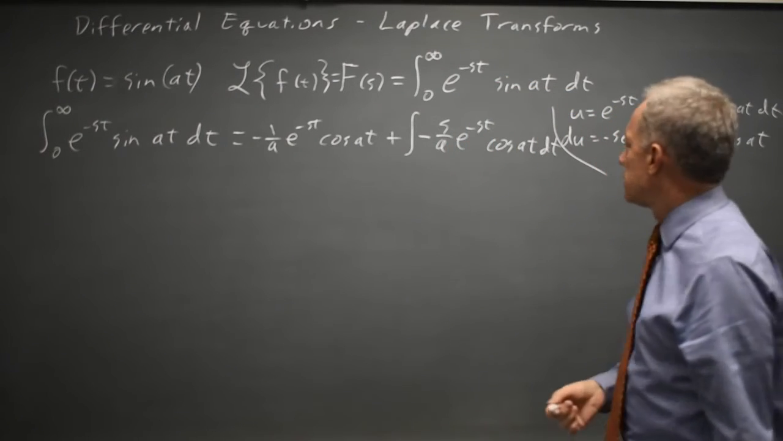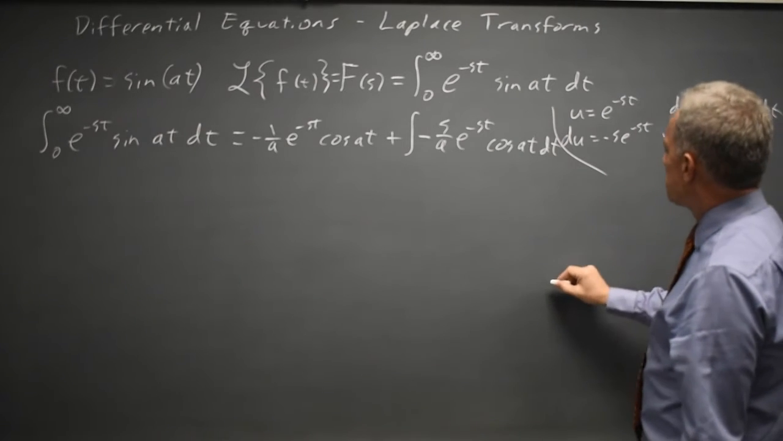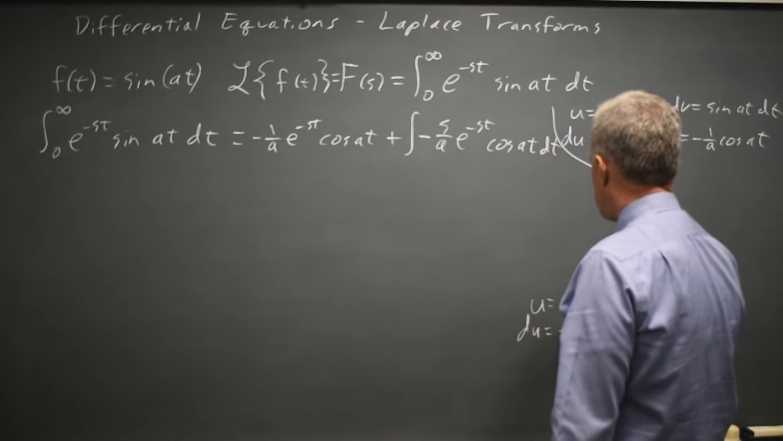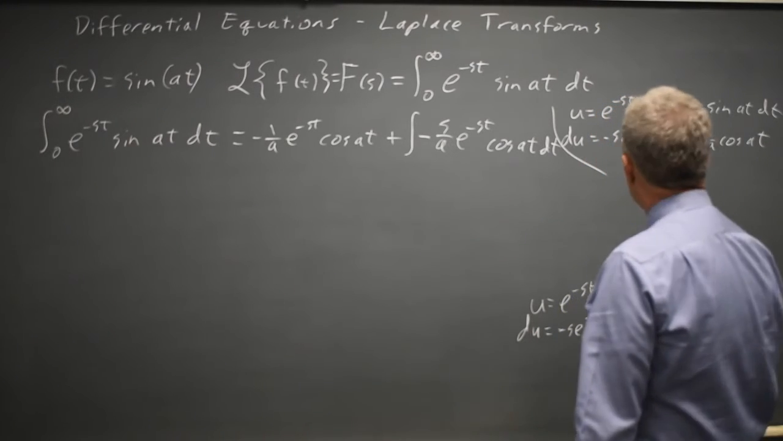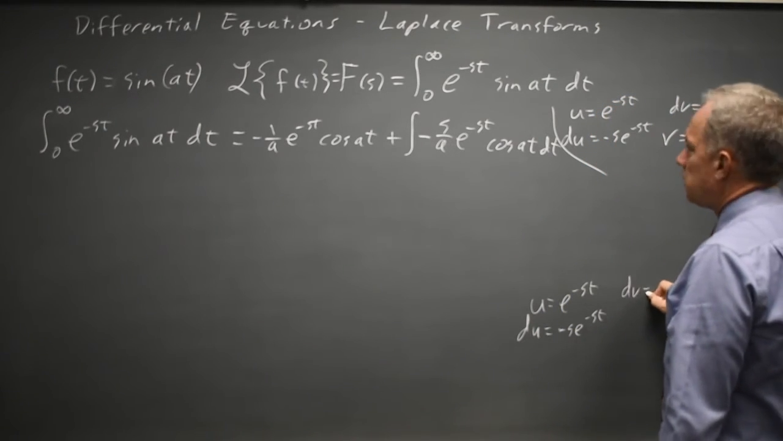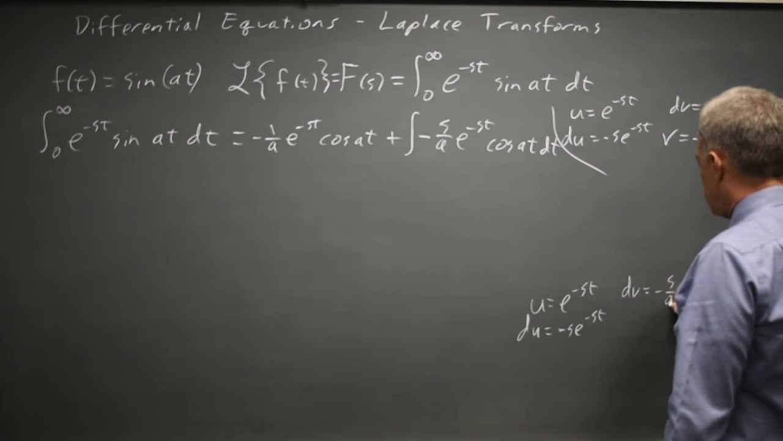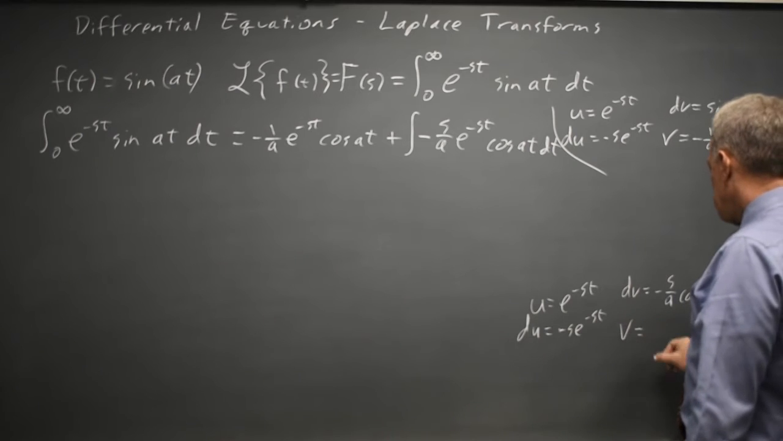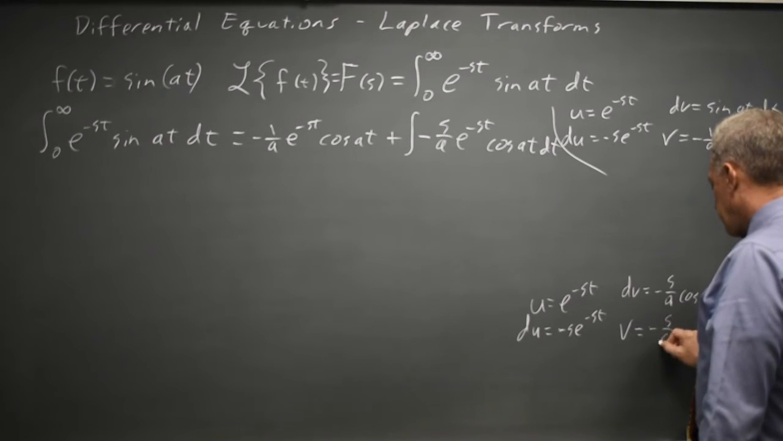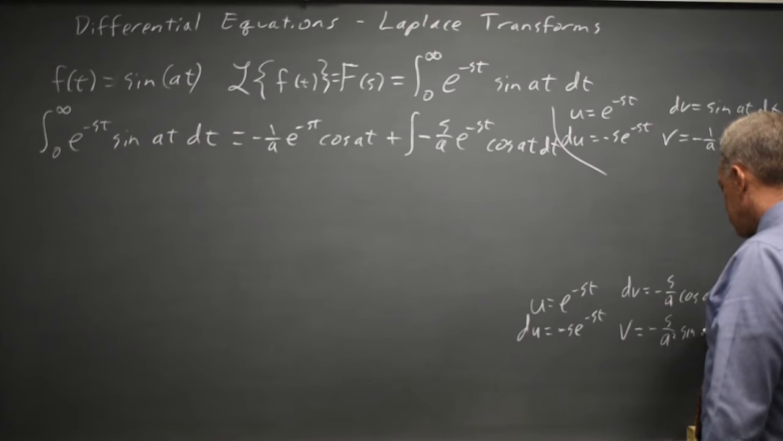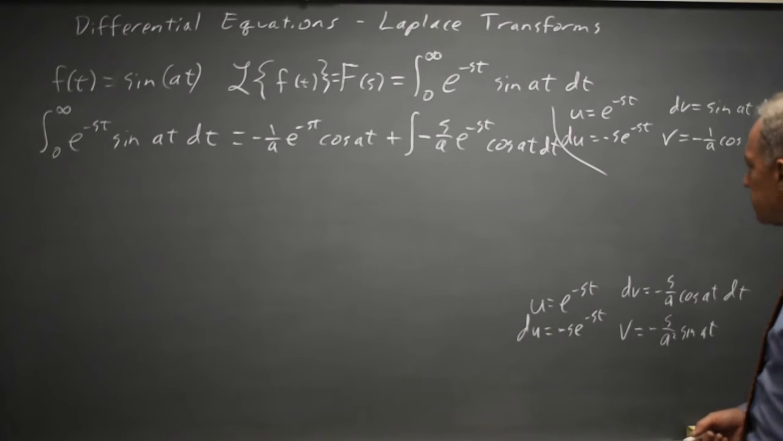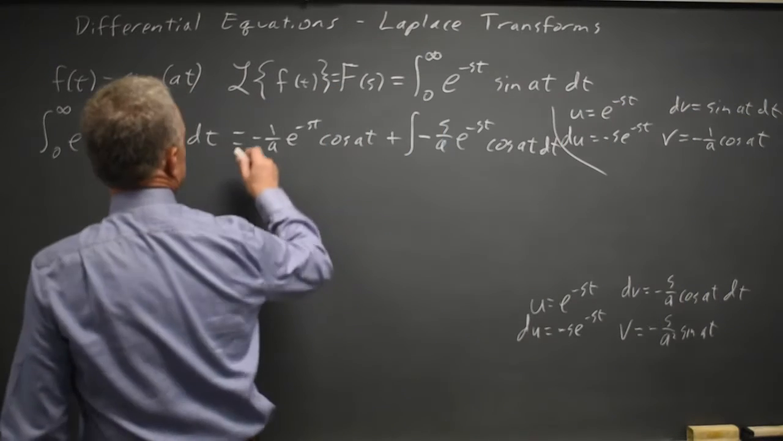And we need to do parts again. I'll use u equals the exponential again. And dv is negative s over a times the trig function, cosine at. So v is negative s over a squared times the sine. And derivative of negative sine is negative cosine. Chain rule gives me an a to cancel out one of the a's in the a squared denominator. So my original,